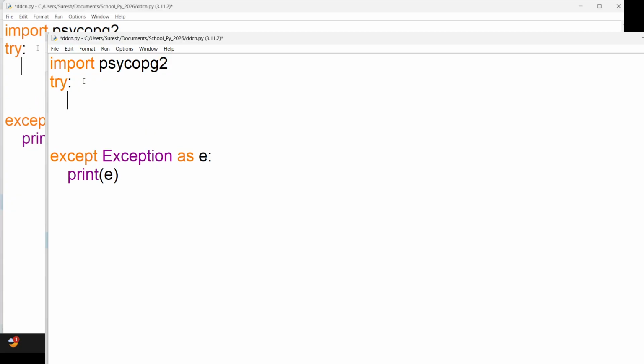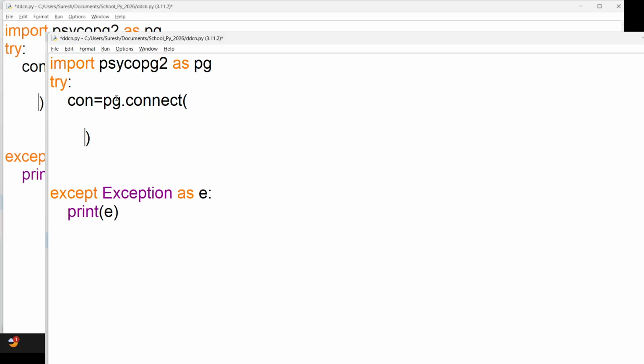Here I can use a variable, for example con, and use a short form for the module, pg. Then use pg.connect. We want to connect to our database, but to connect you need different parameters. The very first parameter you need is host. In our case, the host is localhost.